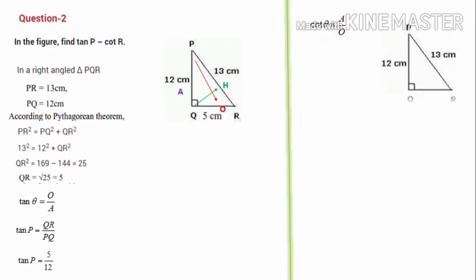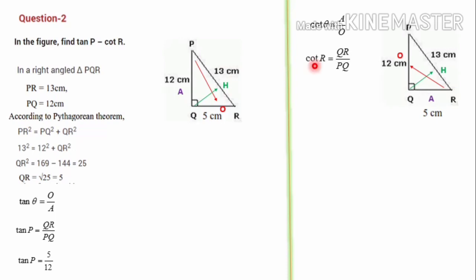Cot theta is equal to A by O. Then draw the triangle again, and based on this angle R, we have to label the sides. First of all, the hypotenuse remains the same, that is the 90-degree opposite. Next, R is the angle. So here is R. Based on this R, we have to go for the opposite side. That is PQ is the opposite side, and here QR is left over. That QR we have to label as A.